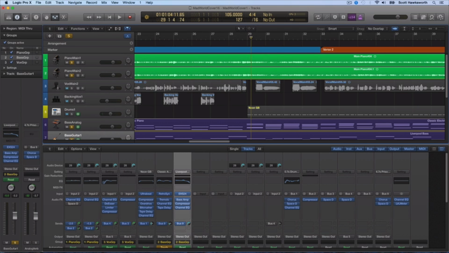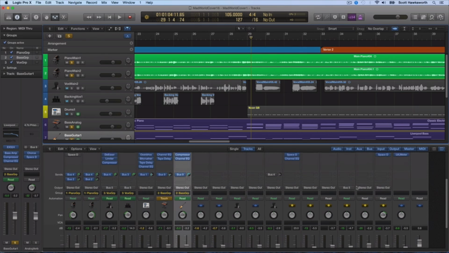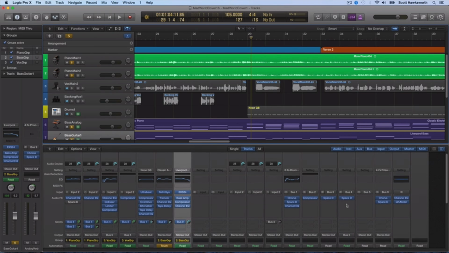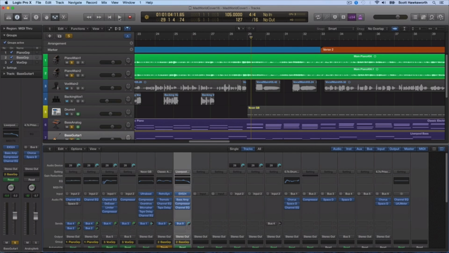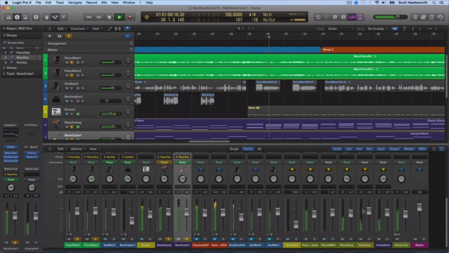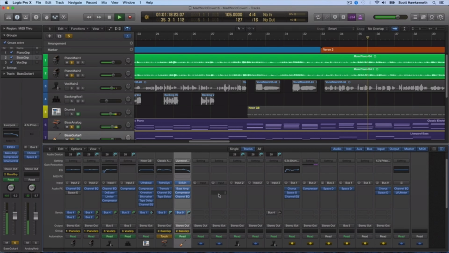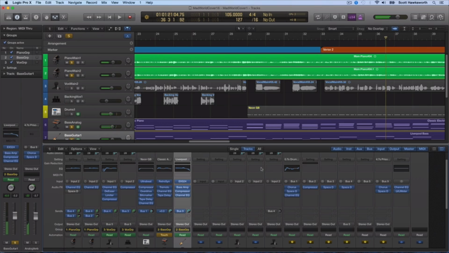So I might do a couple things. I might send a little less of the track over there. And I also might say, you know what? This bus 4, I've got this intense thing. I'm going to pan that to the left a little bit, and I'm going to mirror where I have the other reverb going. So let's listen to that. As you can hear, this is giving it a ton of space, and I'm shaping the ambient nature of these